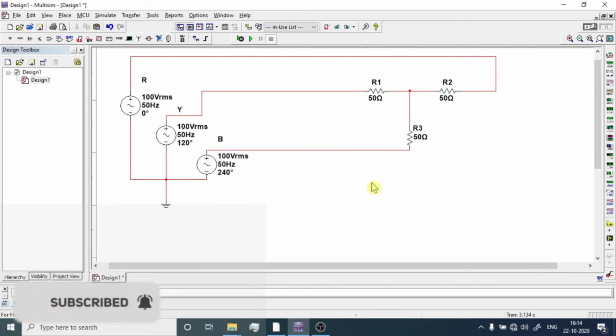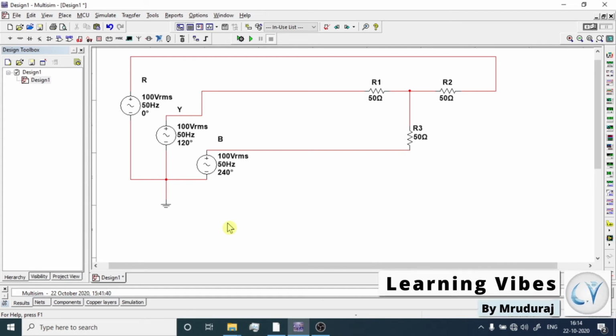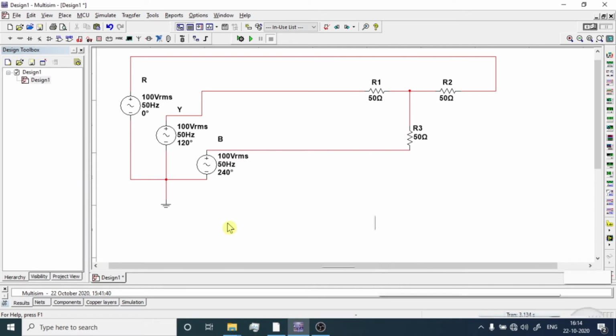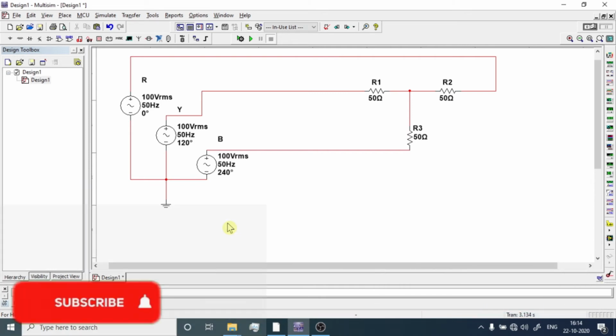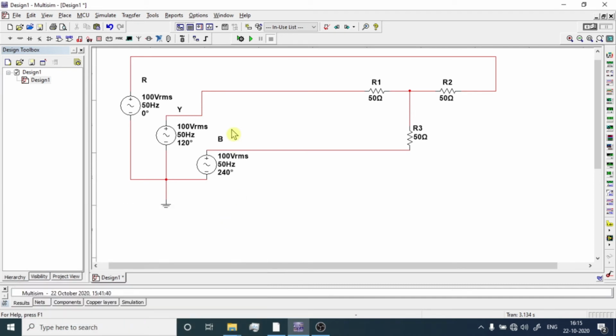In our upcoming videos, I am going to share some details about star and delta connections of supply. So if you want to know more about the star and delta connections, you can watch our upcoming videos, and I will provide the link of that video in description box once I am ready with that video. But here we will run this simulation and observe the three-phase supply waveform.